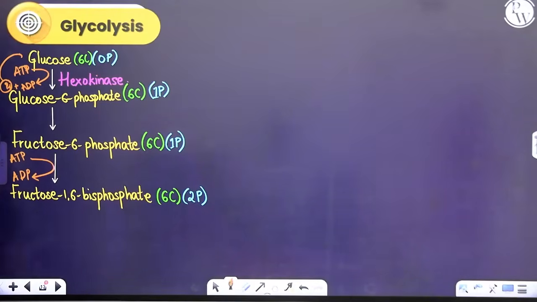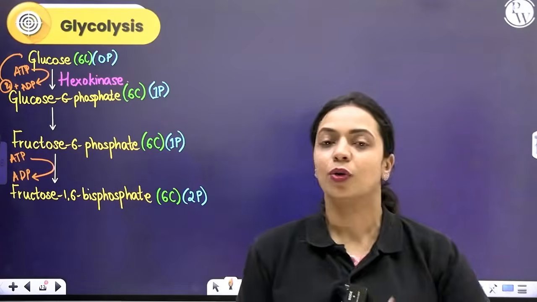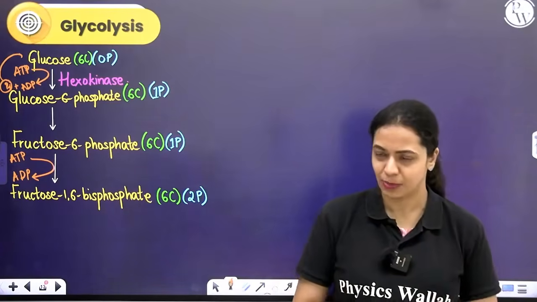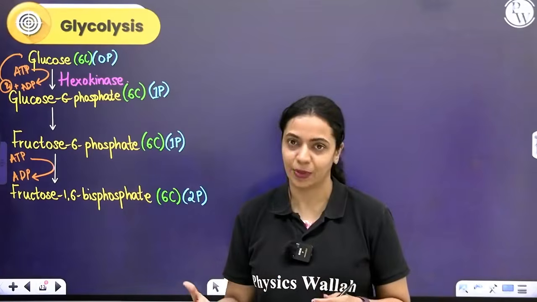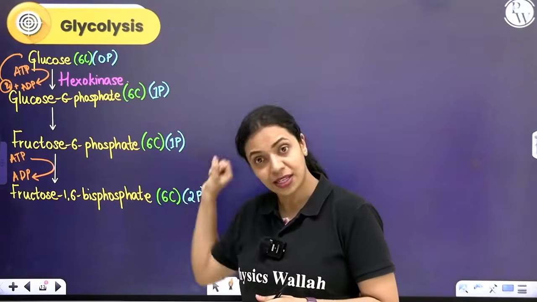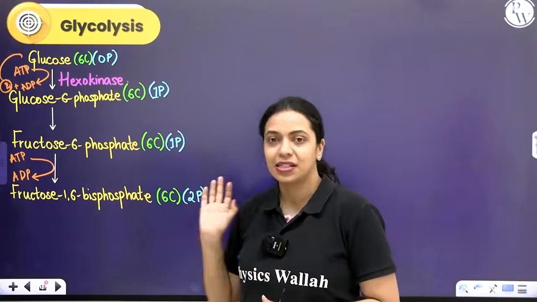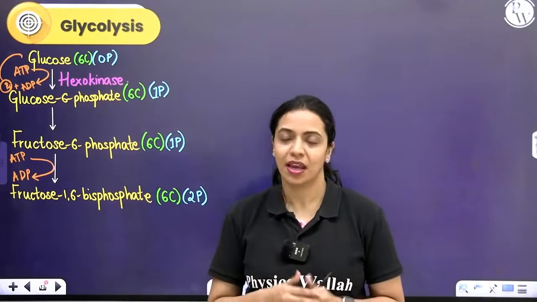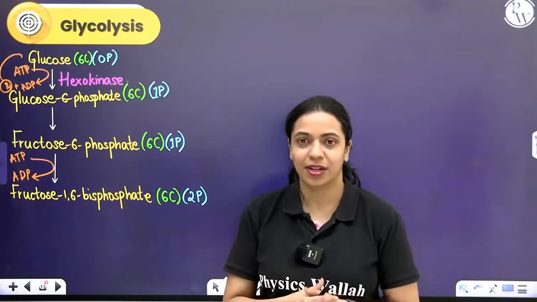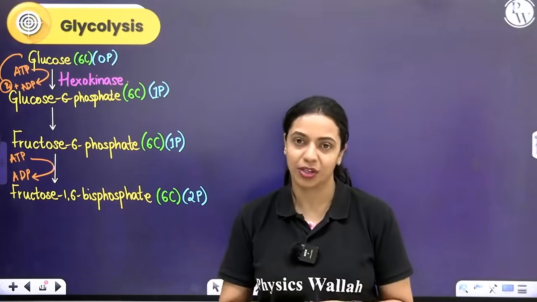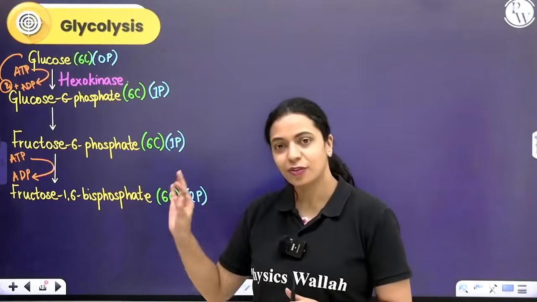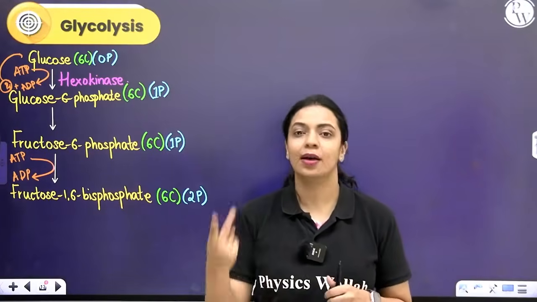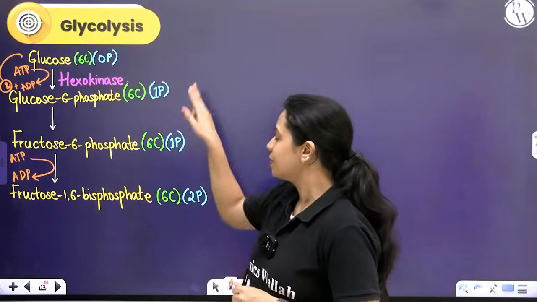I've been telling you that whenever glucose gets broken down, energy is released in the form of ATP. We try to trap that energy in the form of ATP, but right now if you look at it, we're not synthesizing ATP. We are utilizing ATP, right? ATP is getting used, ATP is not forming. In the first 5 steps, which is called the preparatory phase, ATP will get utilized. In the next 5 steps, ATP will form. Alright, it's like these schemes that you have in banks. You deposit 1 lakh, come back to us after 2 years, we'll give you 2 lakhs. It gets doubled, right? Like that, even over here, in the first phase, however much ATP is used, in the next 5 steps, twice the amount of ATP will get synthesized. Alright, so these are the first